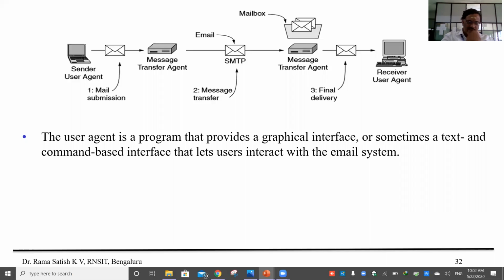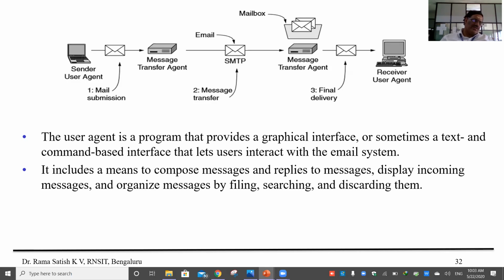That's what a user agent is, a program that provides a graphical interface or sometimes a textual, command-based interface that lets the user interact with the email server.